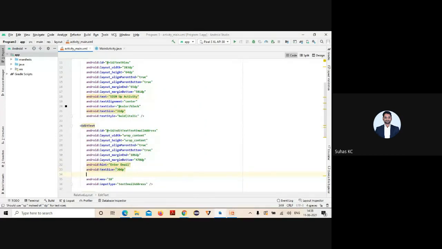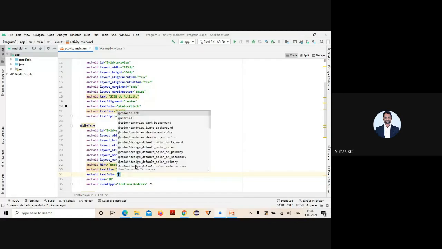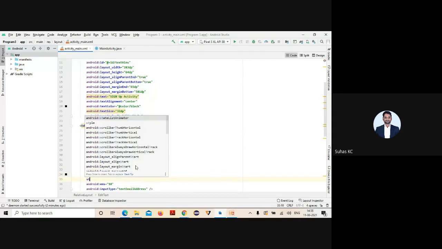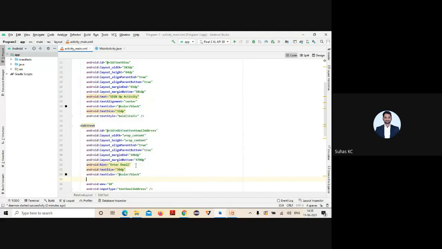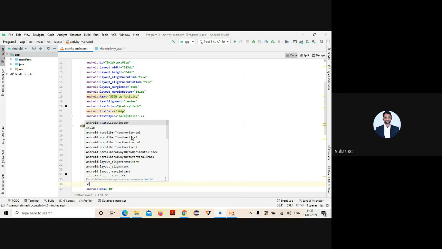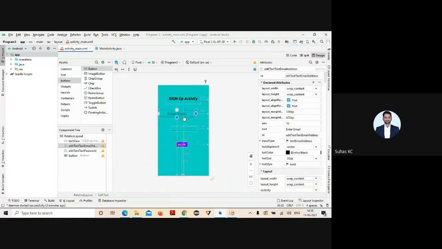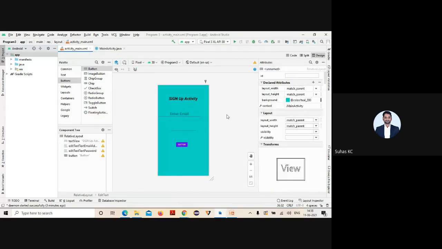Okay, and you can also change the color of that. Simple black I have given, and you want to make it center or whatever it is. So what you can do? Text alignment. Just press this one. Here you get center, gravity. Center I'll give. Okay, and you want to change the style. Type STY and you'll get text style. Press that one and give something like bold. Okay, ready? Hope you're able to see right now, guys?